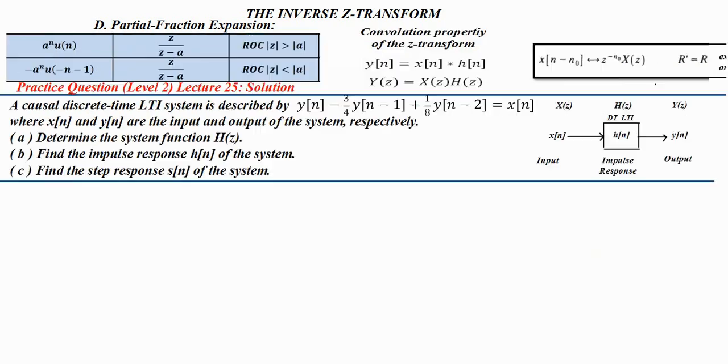I'll give you a practice question to find the inverse Z transform, but here the signal is given as a difference equation. So first we need to find the transform H of z, then its inverse, and the step response corresponding to that particular system. Here you need to use the convolution property of the Z transform, the time shifting property, and the basic concept of partial fractions. The solution we will discuss in the next class.